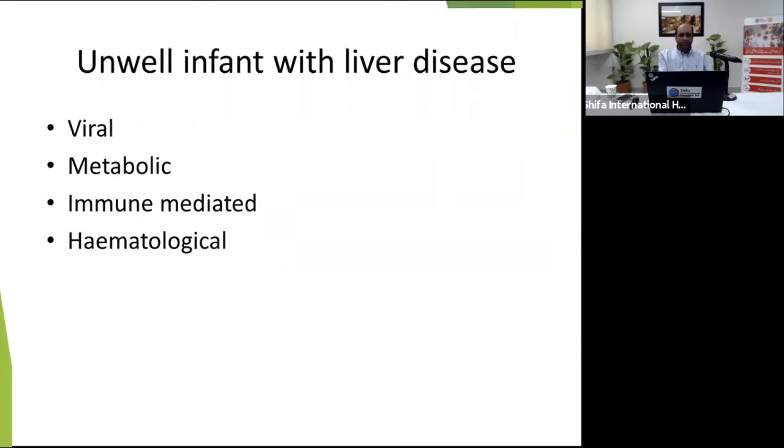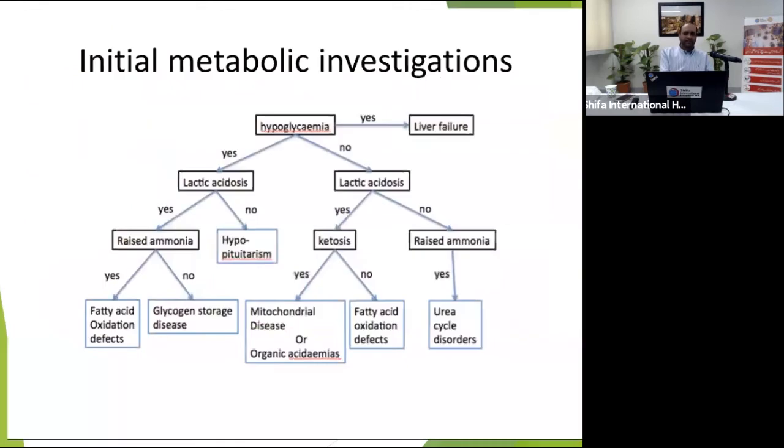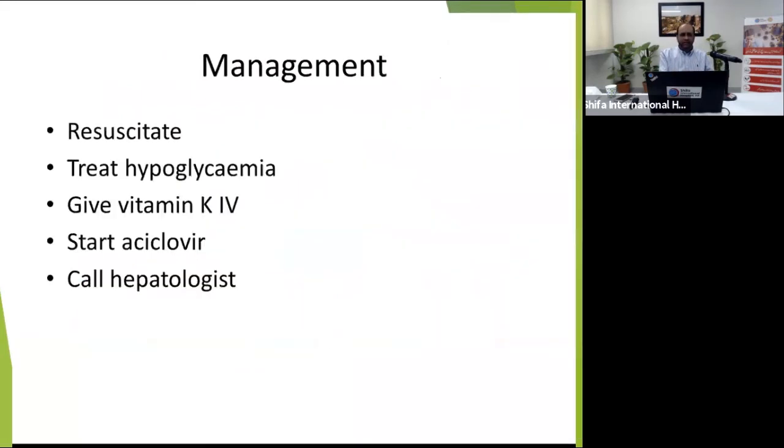viral, metabolic, immune-mediated, or hematological. So then galactosemia, tyrosinemia, some mitochondrial disease, and other conditions that you keep in your mind. So initial metabolic, this is the algorithm for the metabolic if you are considering that. And in the management of these babies, again, the resuscitation, glucose control, give vitamin K, start antiviral, and